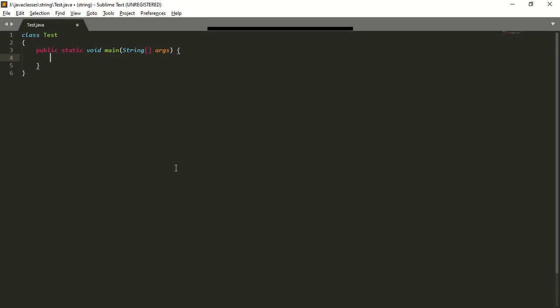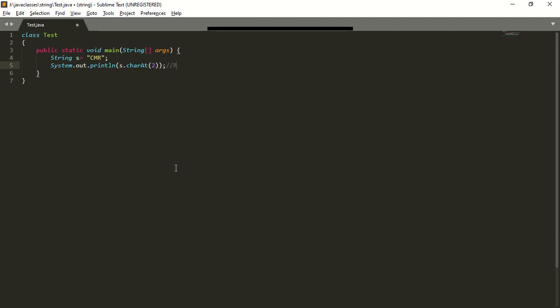So we will see an example. String s is equal to CMR. Next, System.out.println, so first s.charAt, which index? Second index. So what will be the result?